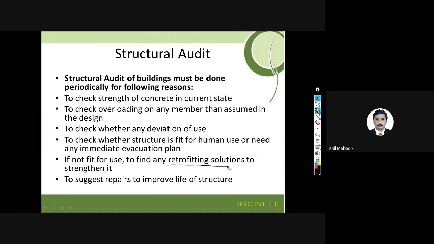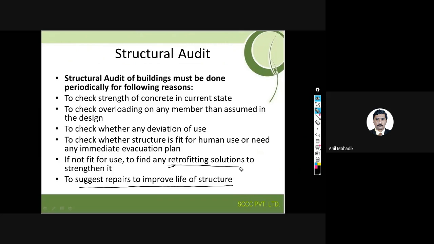Retrofitting solutions means strengthening solutions. If the beams are not having sufficient capacity, if the columns are not having sufficient capacity, then strengthen them. That means do the retrofitting of the structure, and suggest any repairs to improve the life of the structure. So we can suggest, if there is corrosion of reinforcement, please do the plaster, do the painting, anti-corrosive